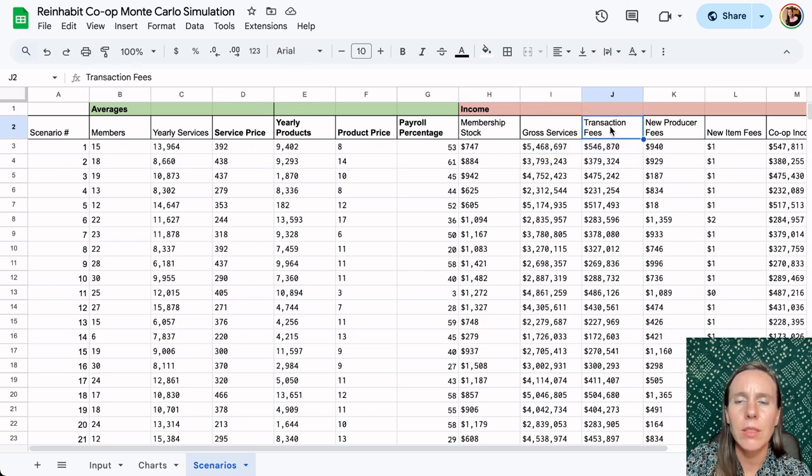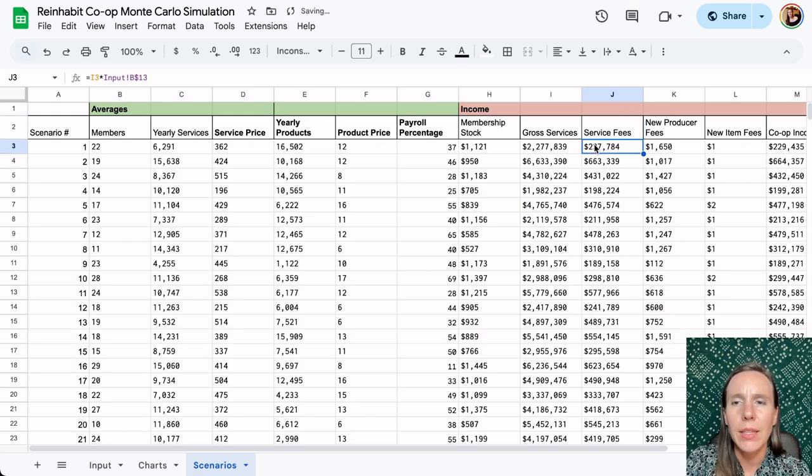Transaction fees, and we were calling those service fees, not transaction fees, because we have multiple different fees. Service fees, that is taking this amount. Wow, that's a lot. Millions of dollars, really? That's nice. If we had 22 members and they're selling 6,291 services each, that seems,